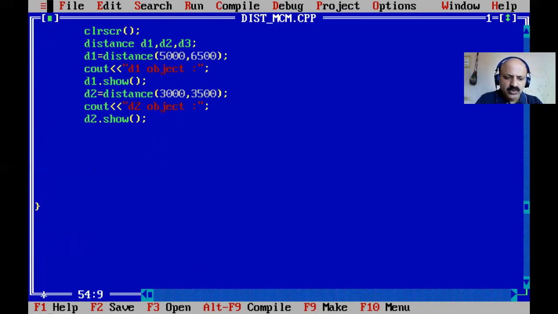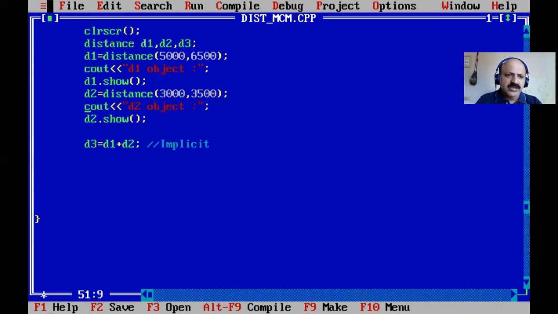And now turn to our main goal, D3 equals D1 plus D2. That call is an implicit technique. Here plus is operator overloading, D1 is the caller and D2 is passed as the argument, because it is a member function. So plus is operator overloading.